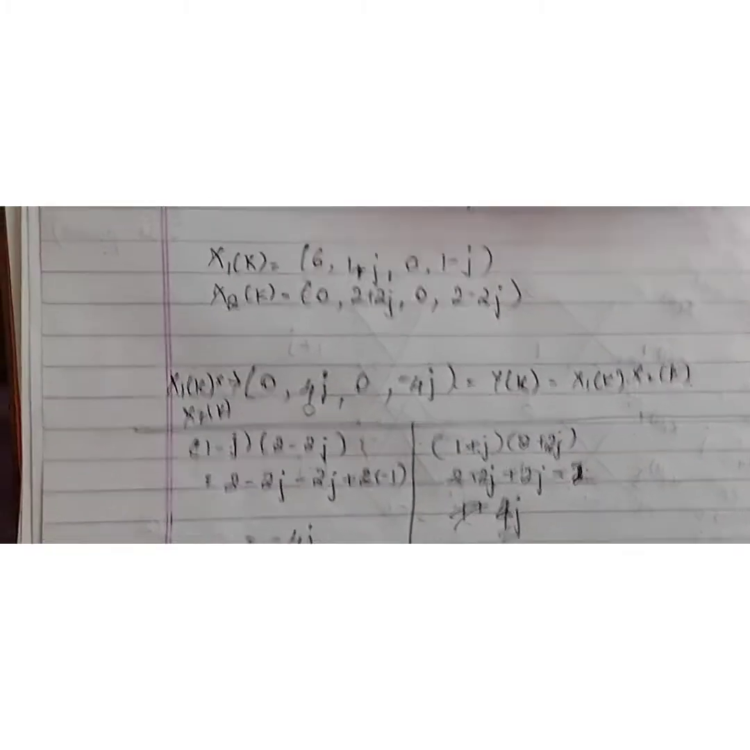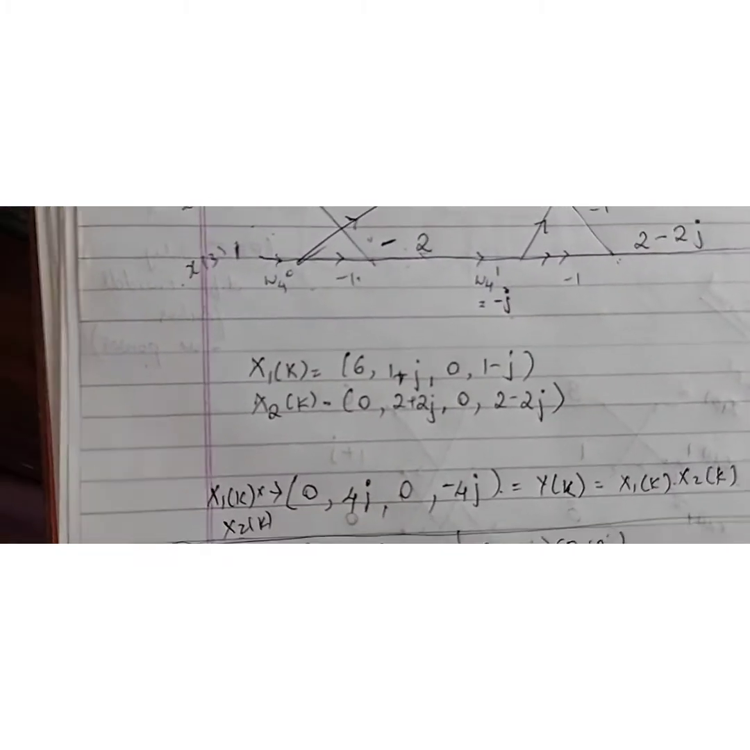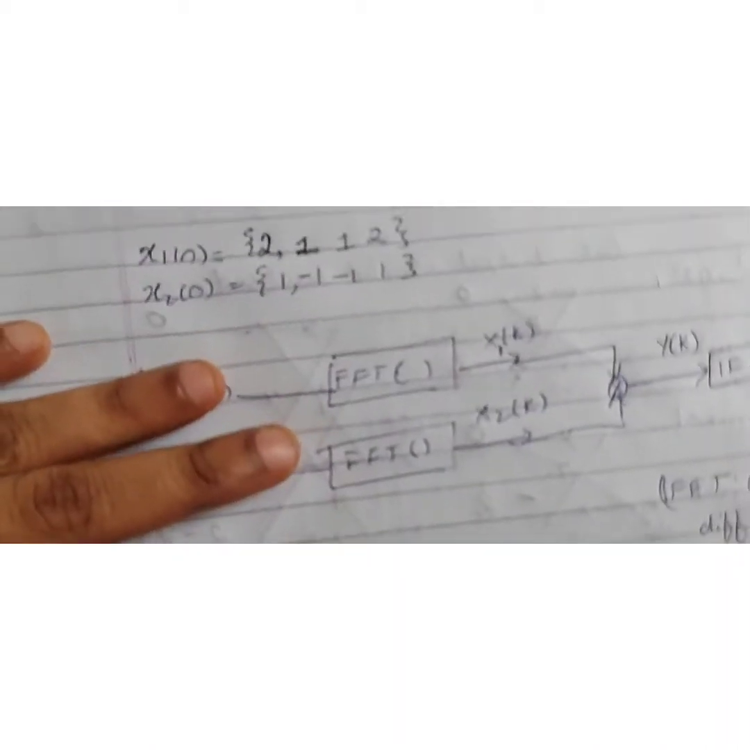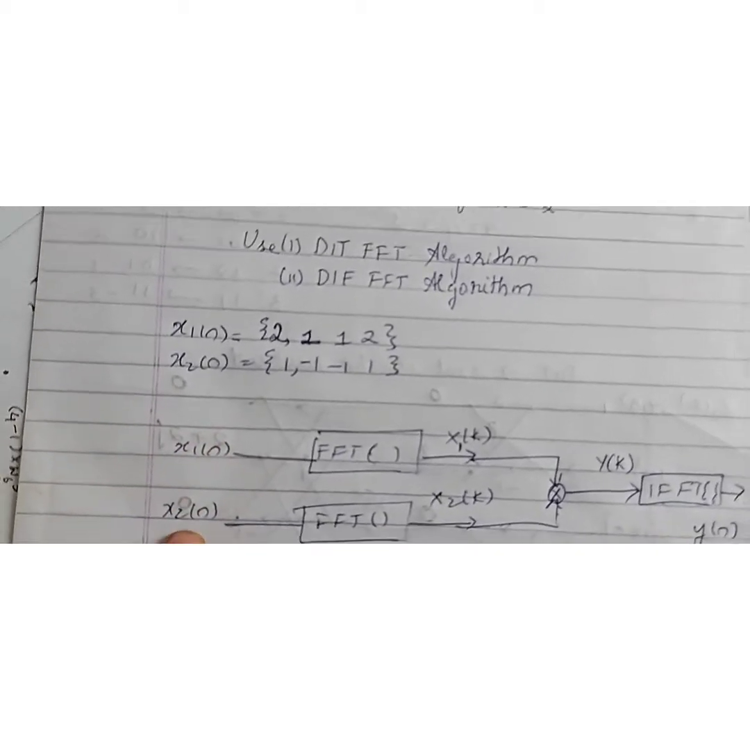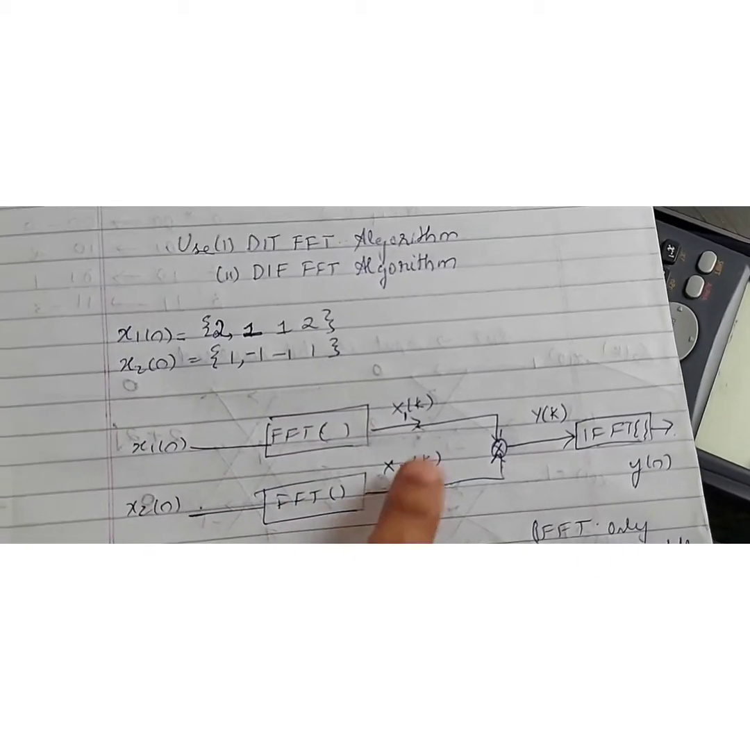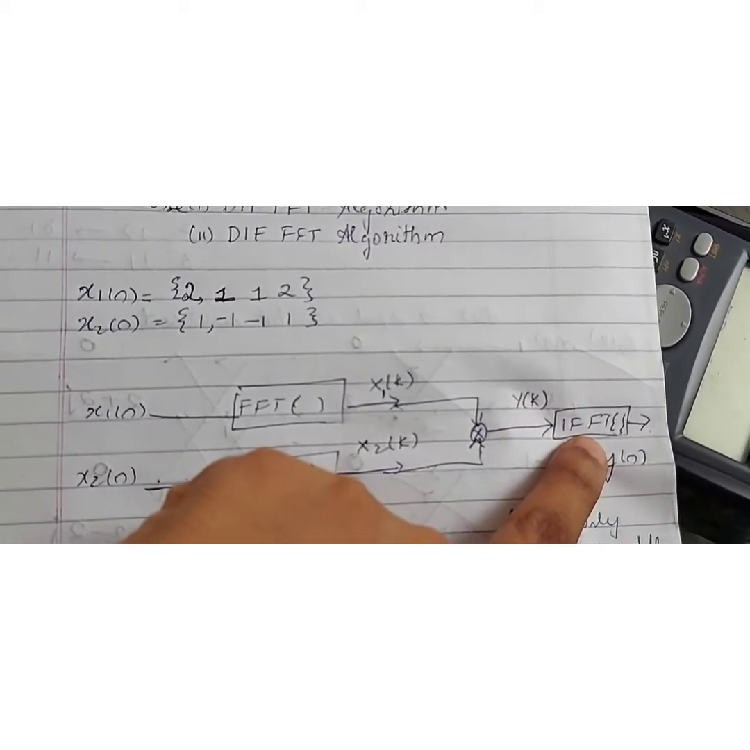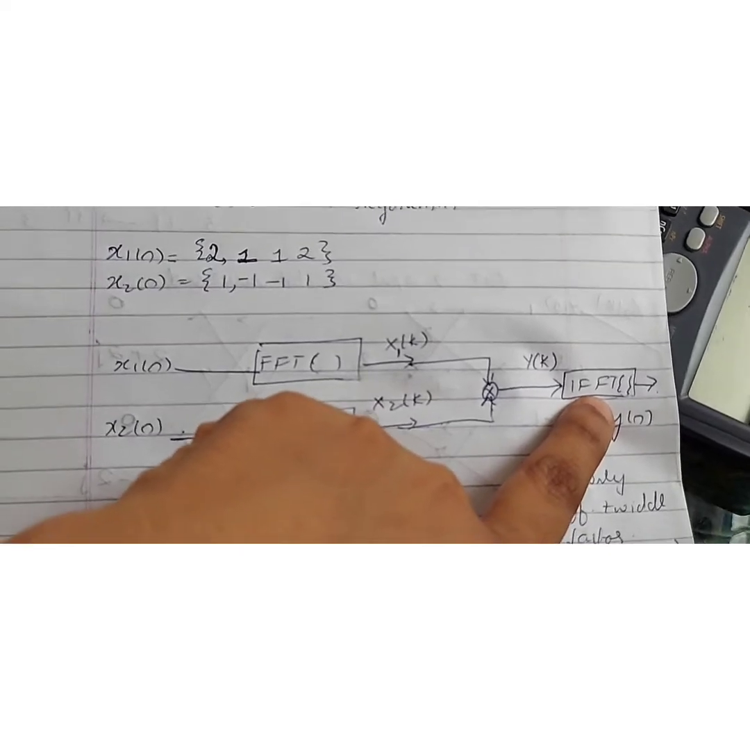Okay. Now what do you have to do? What do you have to do? According to this diagram, see, we found x1 of n, x2 of n. We found using DIT, we found x1 of k, x2 of k. We got y of k. Now we need to find IFFT. So IFFT also you're going to use decimation in time, that is inverse DFT. Let me show you how to do the inverse DFT using the same butterfly structure and the same concept. Only thing is your W4, your twiddle factor. See, the only difference in case of your